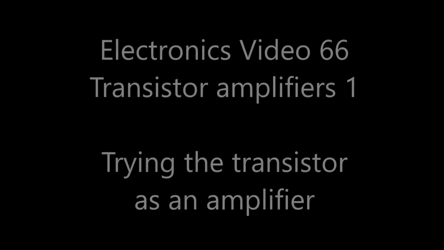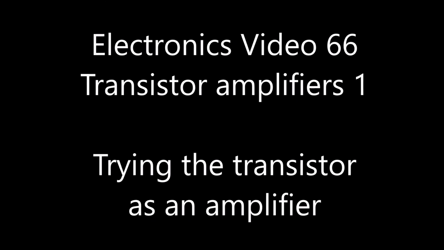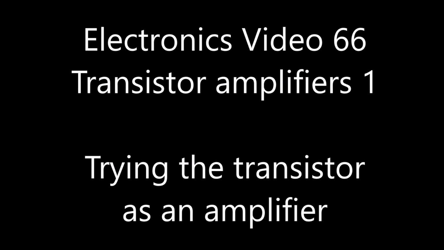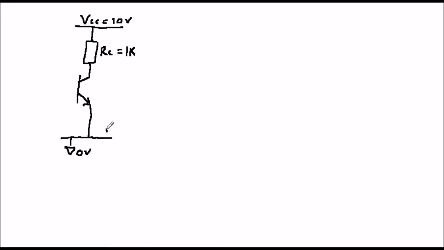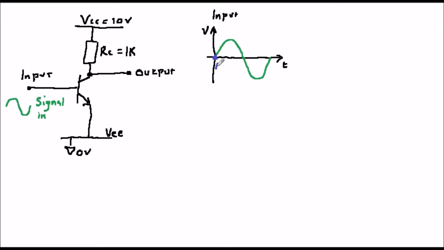Let's try and use a transistor as an amplifier using a simple circuit shown on the screen. Also shown is a sine wave with which the circuit is fed. When the signal is at point A, that is 0 volts, then no current is flowing into the base of